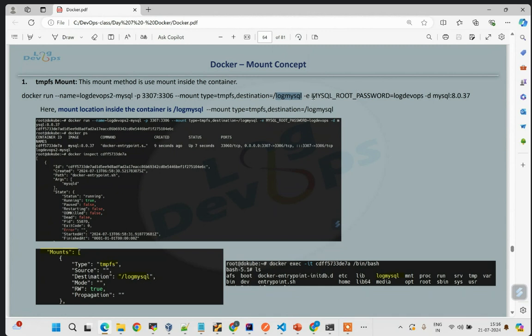Then after here we have written about the MySQL root password. Here, root is the user and logged off is the password. Here we have created by default the MySQL root user with the password logged DevOps. Then after we have written